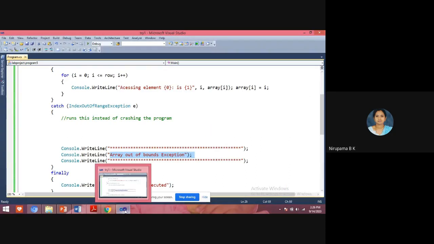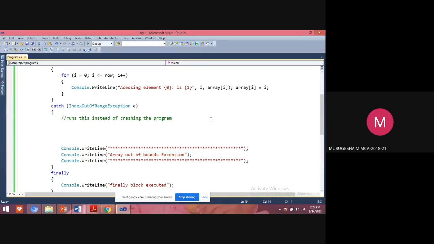So 2A and 2B we have seen, 3rd program and 5th program also we have seen. Today how many programs have we seen? 3 programs. Any doubt? Ma'am, can you explain this last program once again? Yes, ma'am.